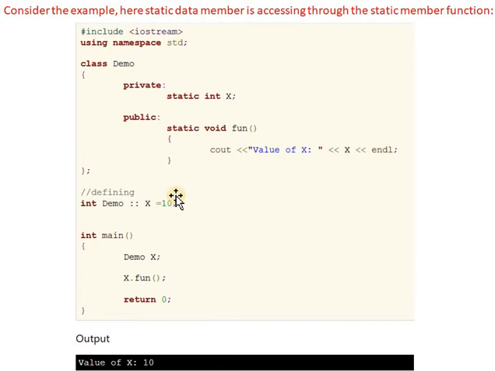Here we need a scope resolution operator to access the static data member in the member function. This is all about the static data member and static member function.